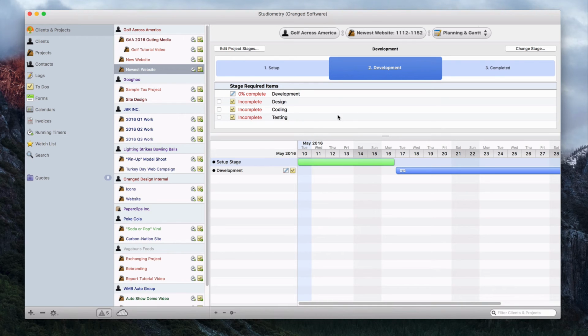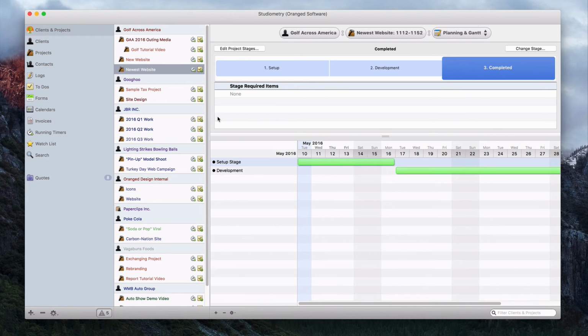So now that we're in this stage, obviously we can check off the items as we work on them. And then when that's done, we can see the project's completed. So that's a pipeline, a very simplistic one, but that's how you can set it up. And the great part about this is these pipelines are customizable by project. So you can set up for each project how you want to plan it out, the individual stages, and you can actually edit and customize these stages even after you've created it as well. So you have a lot more flexibility in terms of what you can do with the stage of a project than you do